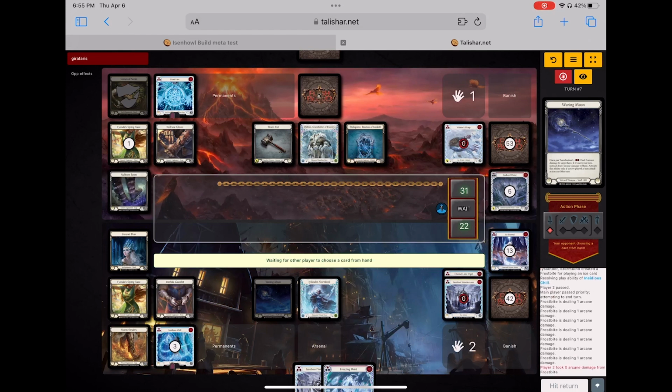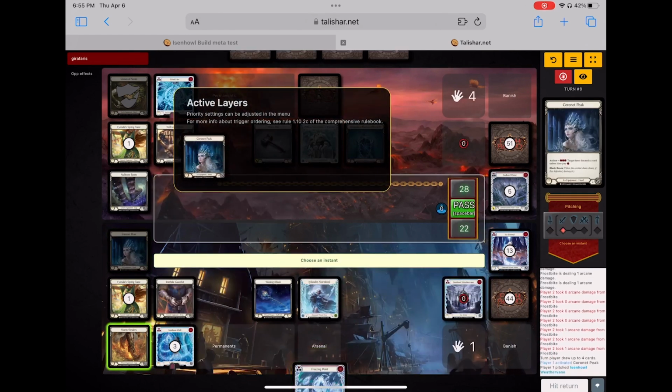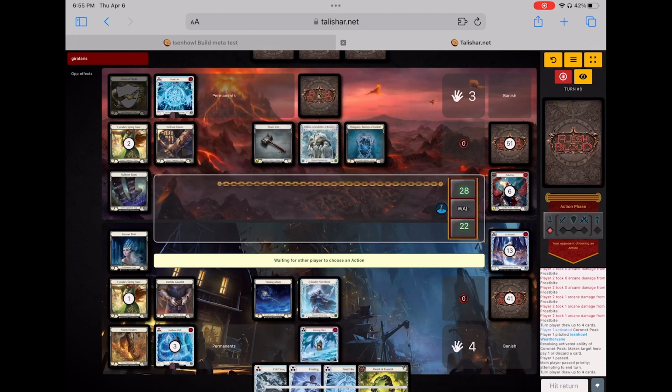Freezing Point in the arsenal and hope I don't get CNC pummeled, which I've already seen 1 CNC, but I haven't seen any pummels yet. So he's going to take some damage from that. I do get to take a card from his hand and put this in the...